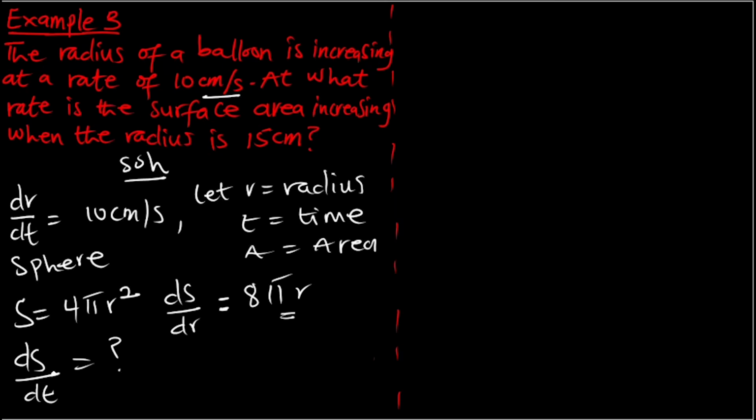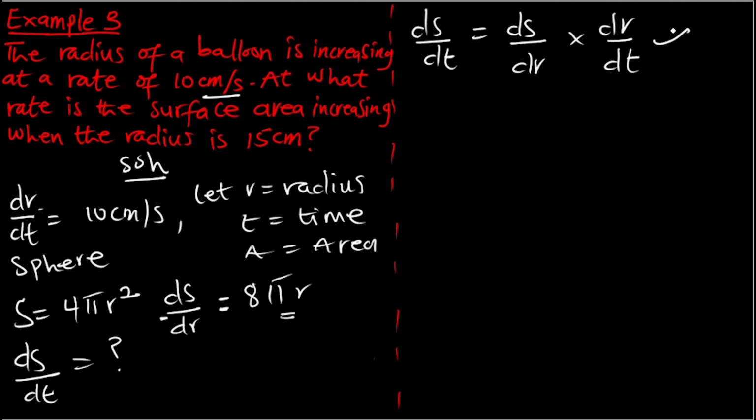Therefore, if I'm looking for this, I can establish the chain rule from these two points. My dS/dt is equal to my dS/dr multiplying my dr/dt, and this is the chain rule. So dS/dt is equal to, what is dS/dr? Which is 8 pi r multiplying dr/dt, which is 10 centimeters per second. Are we good? But the question gave us that r is 15,